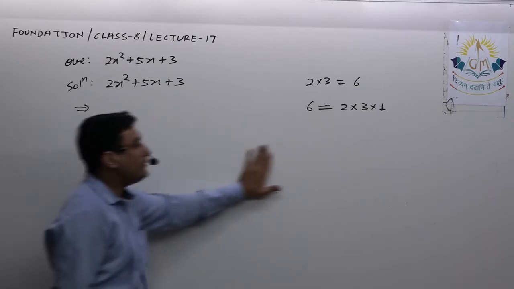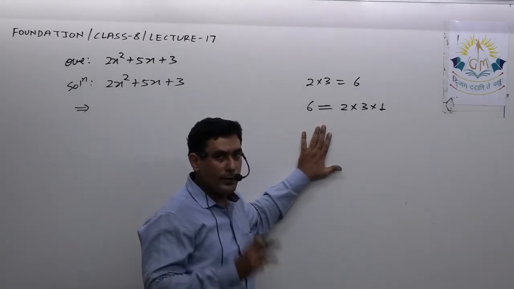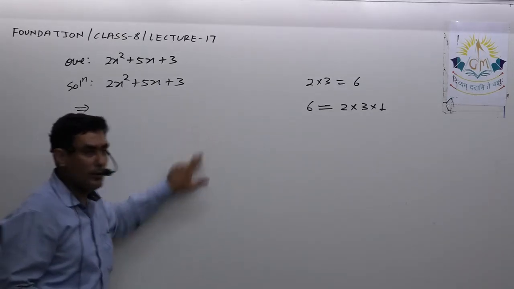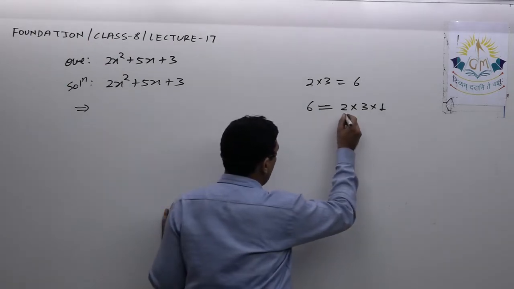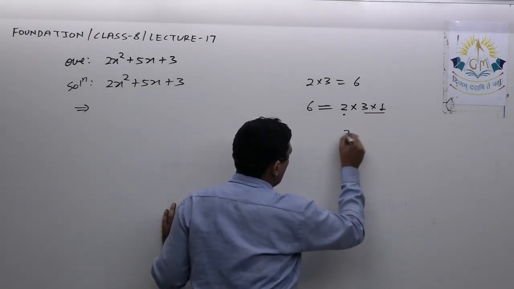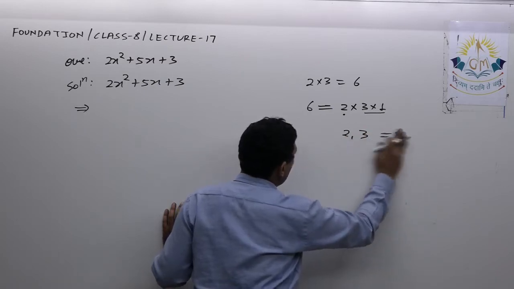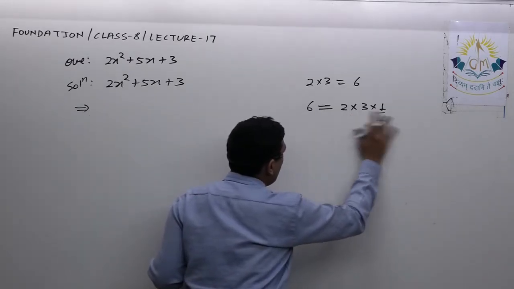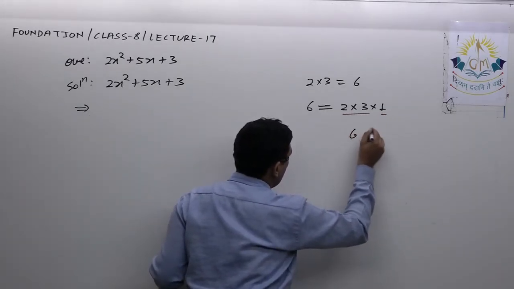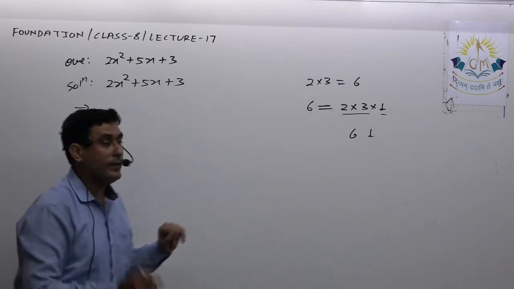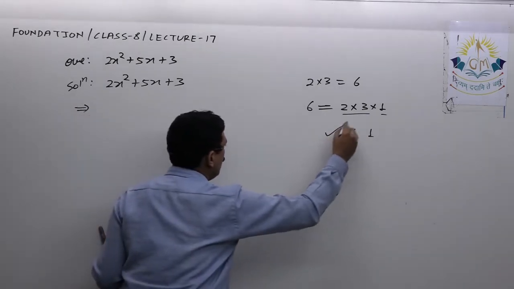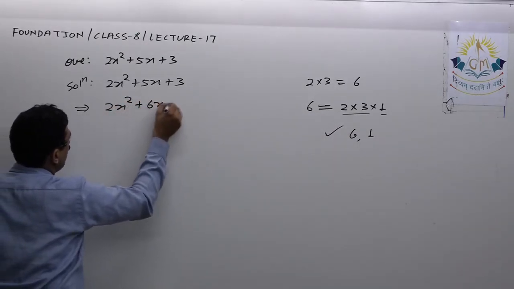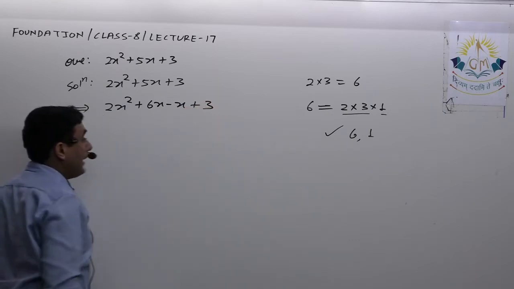That means among these you have to find two numbers such that their product is the product of the first and last, and their sum is the middle. So if I take 2 and 3, yes, their sum is 5. Also if we take 6 and 1, again the difference is 5. So let us see, if I consider this correct, then I should write it in this way, isn't it? But actually this is wrong.